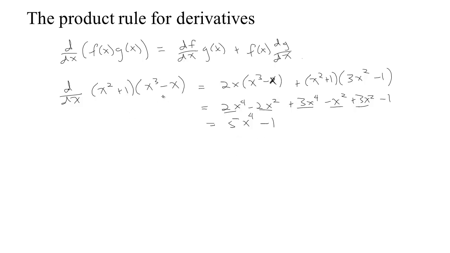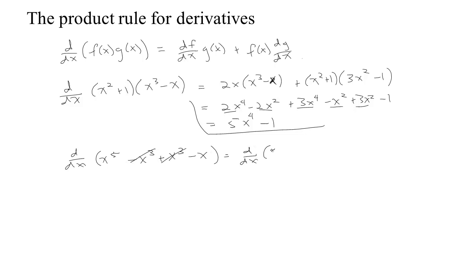Now, you might have noticed that I didn't necessarily have to treat this as a product. I could have multiplied it out and had a sum of different things. So another option for finding this derivative would have been to multiply it out before you took the derivative. X squared times x cubed would be x to the fifth. X squared times x would be minus x cubed. 1 times x cubed would be plus x cubed, and 1 times negative x would make negative x. So when we're talking about the derivative of this product, we're really talking about the derivative of this sum of terms. And I notice that the x cubed and the negative x cubed cancel,